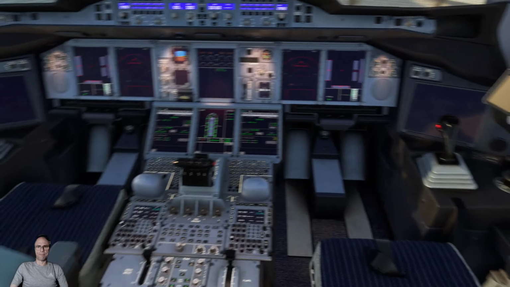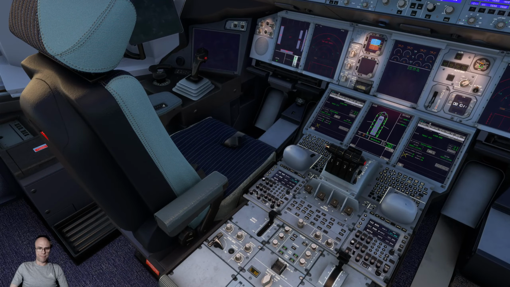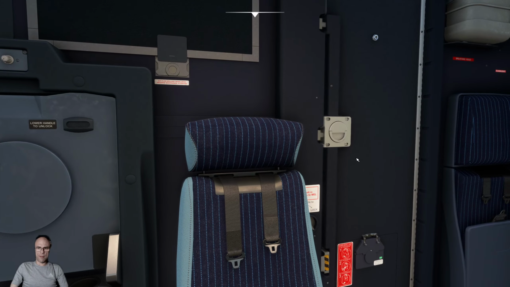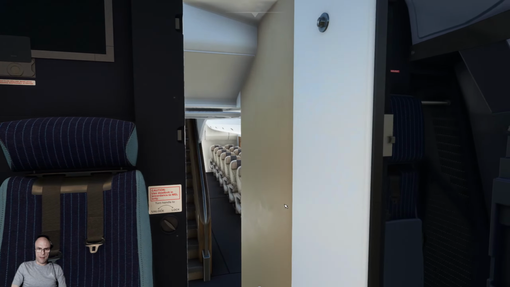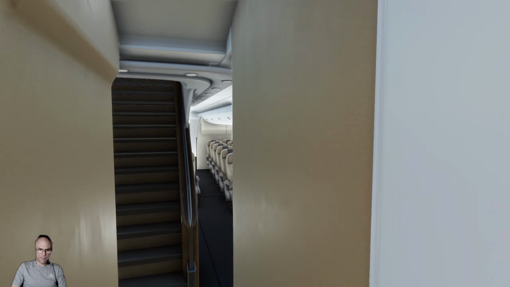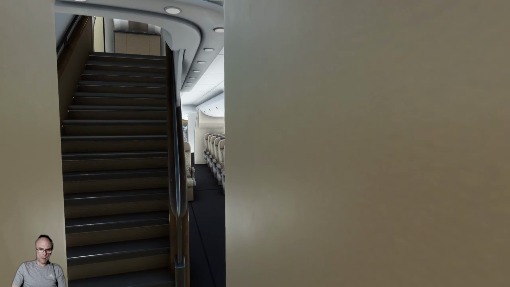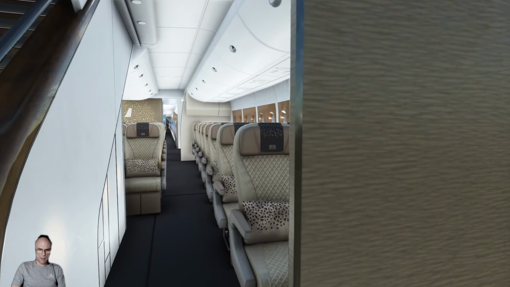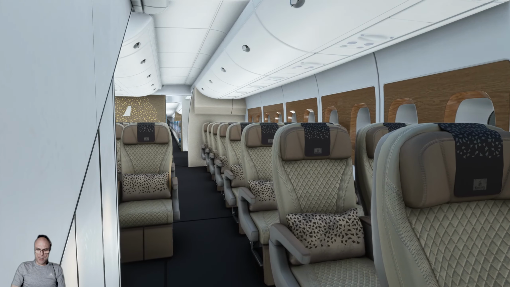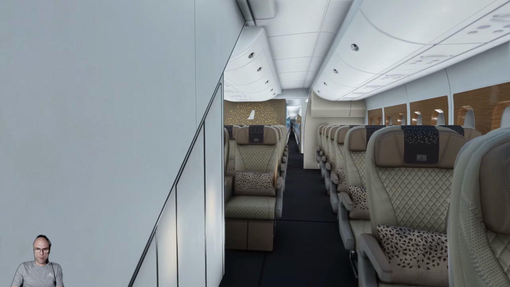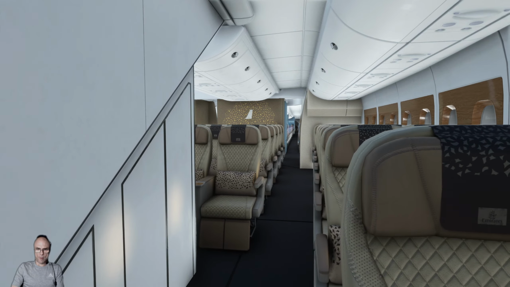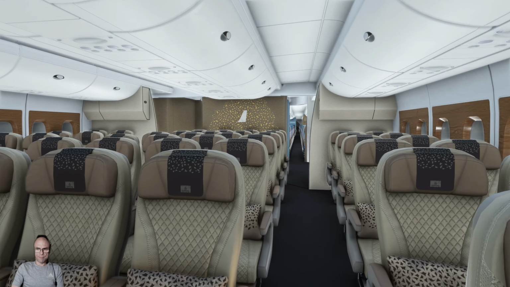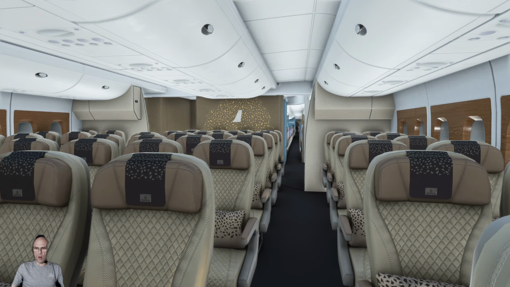So this is the Airbus A380. Let's take you through the cabin. We'll go through the lower deck first, I think. So this is the lower deck, and I think this is premium economy. I'm pretty sure it is. Yeah, it is premium economy, because premium economy is a